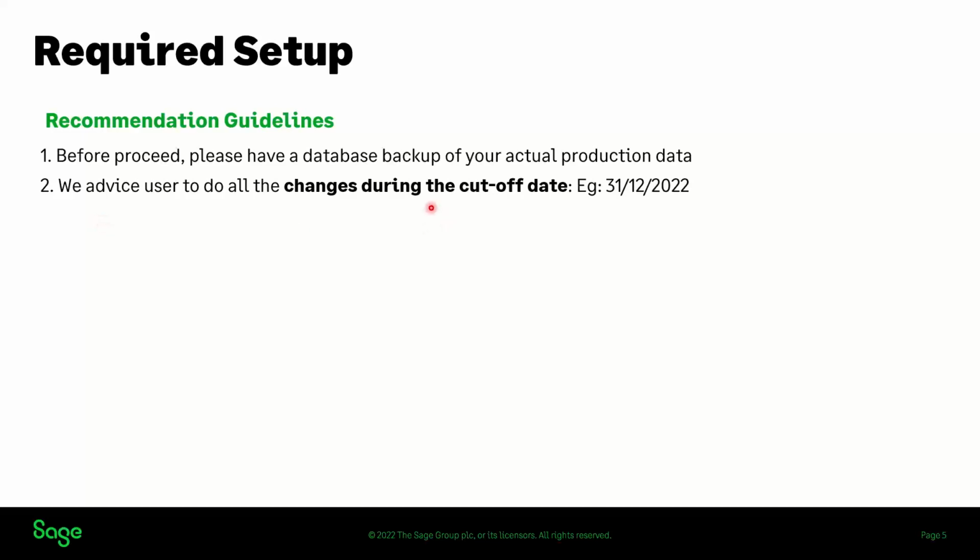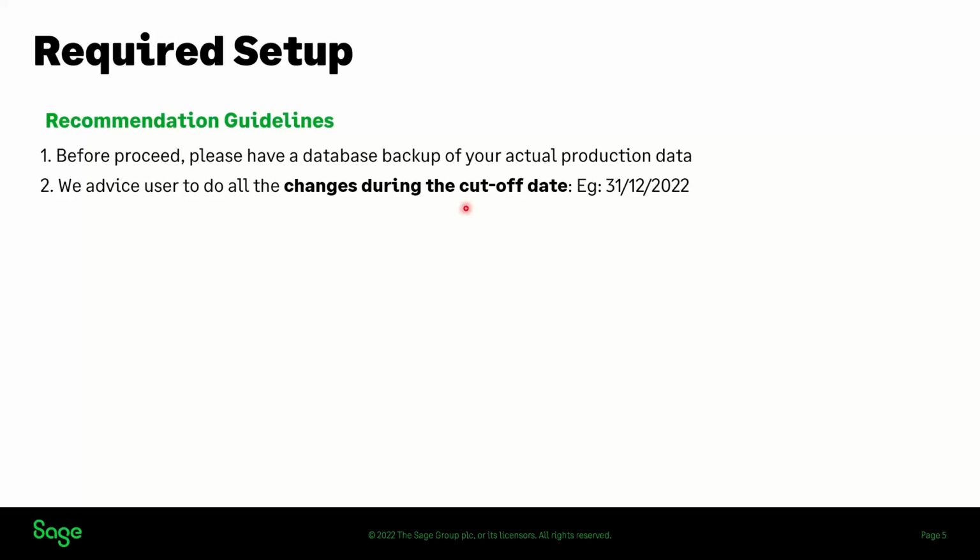This cut-off date is actually based on the normal IRAS calendar, which is 31st December 2022, the last day for you to use the 7% GST rate. So if the last day of 2022, 31st December 2022, falls on a public holiday or Saturday or Sunday, you may shift back your cut-off date to the day earlier, for example, 29th, 28th or even 30th